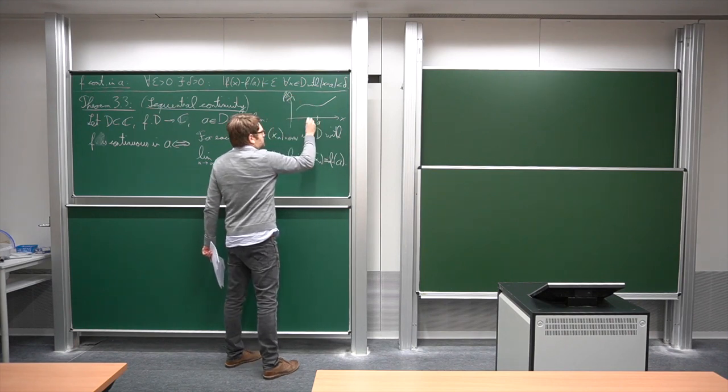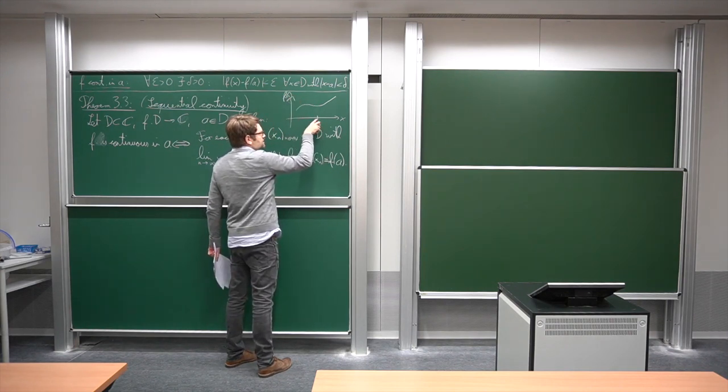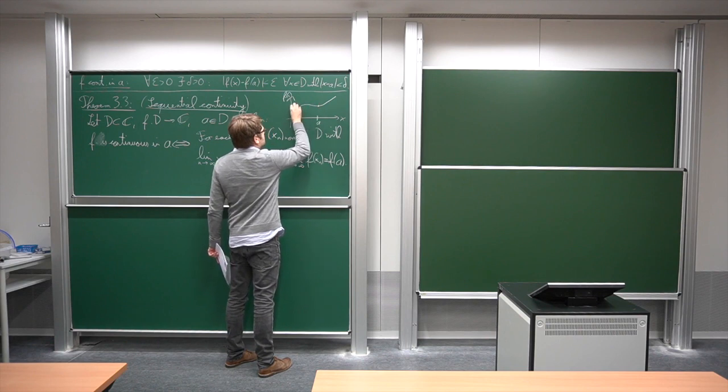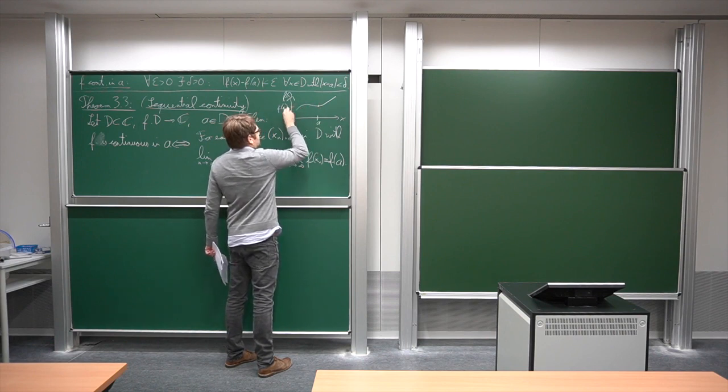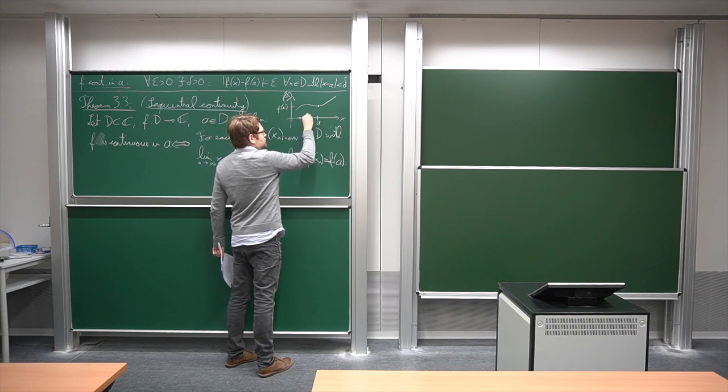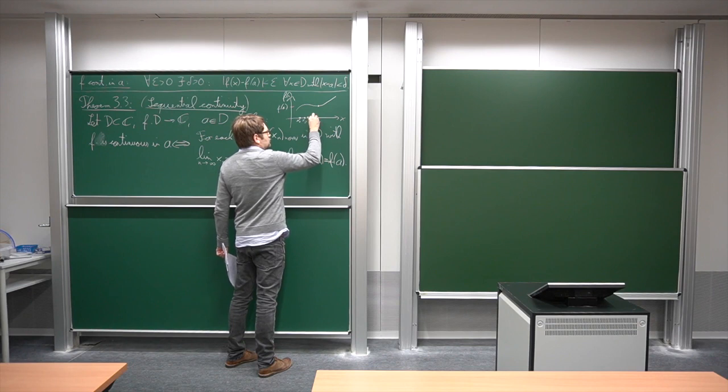So if now we have some sequence of points which converges to this value A. Here's the point here, and here we have f of A. If we have some sequence, let's say we come from this side, and these dots now indicate the sequence. So we have x1, x2, and so on. And we would then